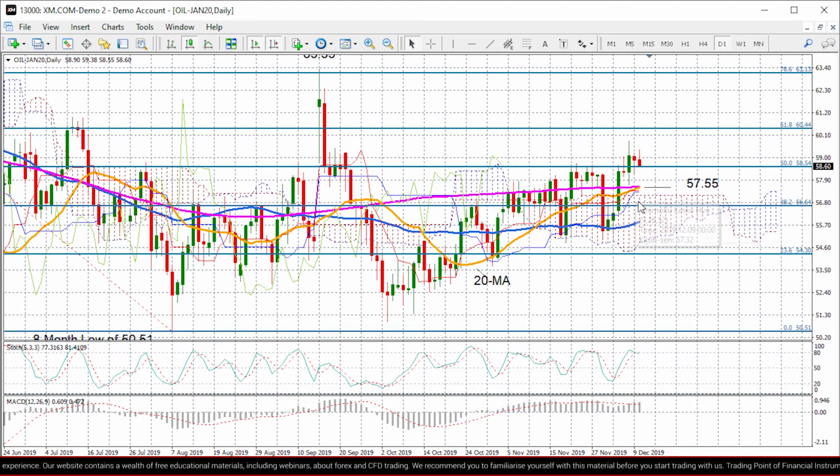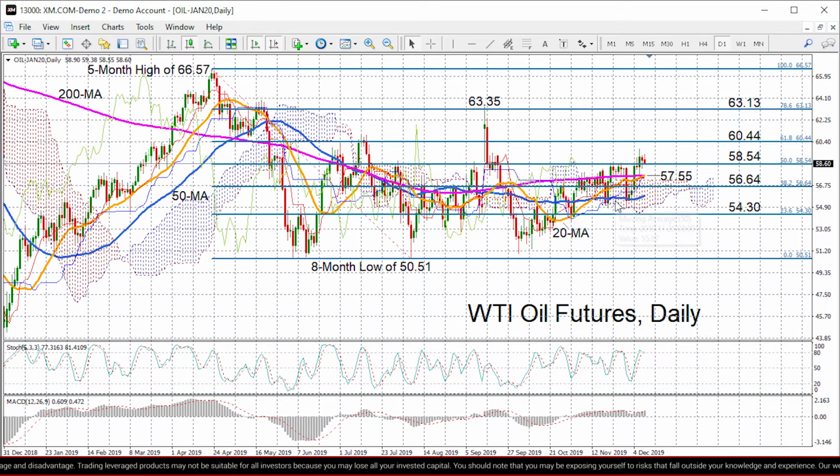So if that support region is broken, we could see prices slipping towards the 50-day moving average. That's at 55.86, and that would erase the positive momentum and shift the near-term picture to a more neutral one. If we were to see further declines, the key support below the 50-day moving average is the 23.6% Fibonacci at 54.30, and then slipping below that would risk a shift to a more bearish outlook in the medium term,